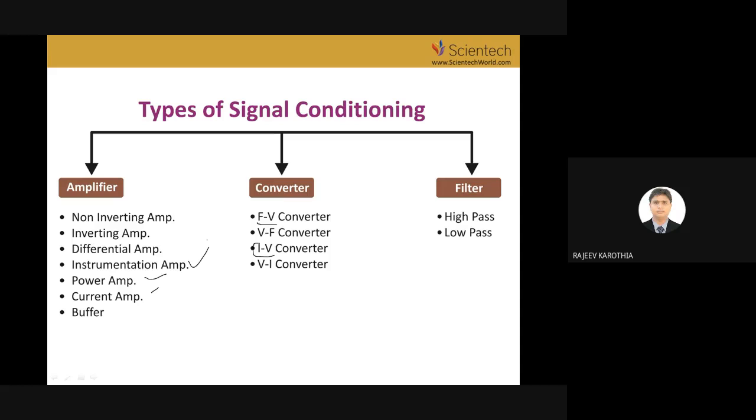So after getting any sensor, because right now, because of this Arduino and the Raspberry Pi, a lot of sensors are available which give you output directly in form of voltage. पर स्टूडेंट वो समझ नहीं पाता. जैसे आप सॉइल मॉइस्चर सेंसर ले लिया, बट उसका आउटपुट आपको सीधे 0 to 5 वोल्ट में मिल गया. But what is the basic characteristic and what is the basic signal conditioning you have done over there at the sensor side to get the output in the voltage? So these are the different things which we need to know to make your sensor give the proper value, with which you can read the data to your Arduino or Raspberry Pi.